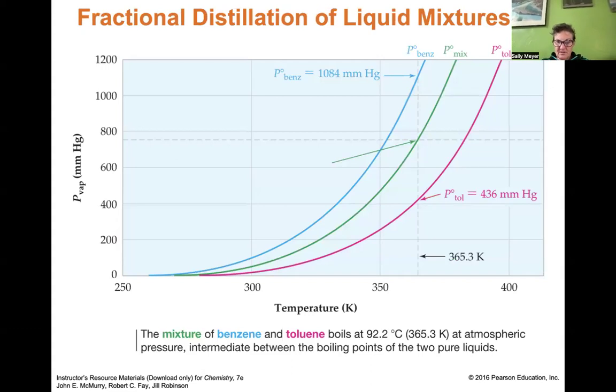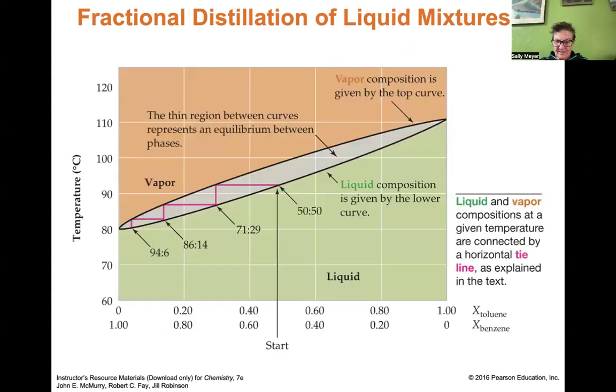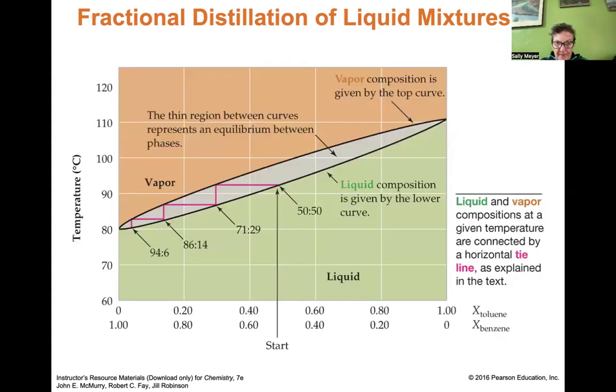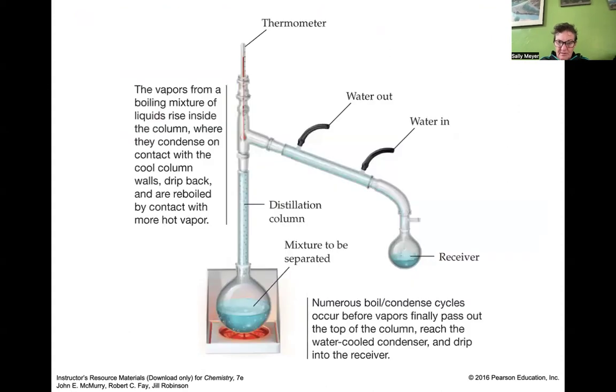Okay, fractional distillation. I actually think we might skip this part. You'll do this in organic chemistry. It's really looking at the fact that your gas is always going to be more enriched in the more volatile component. If something vaporizes at a lower temperature, that means it has a higher vapor pressure. And you can separate things like ethanol from water by heating them up and collecting the vapor. So you're always going to be enriched